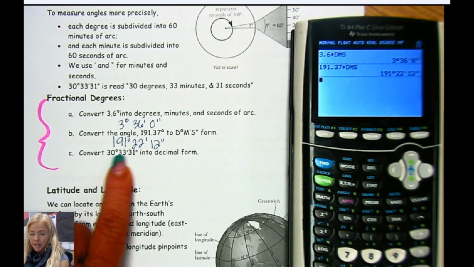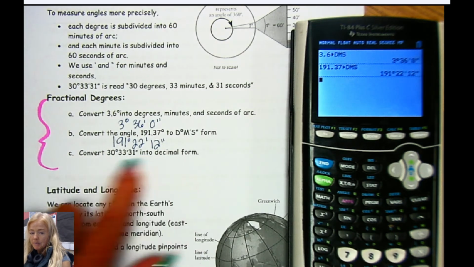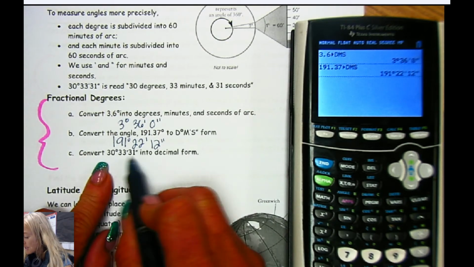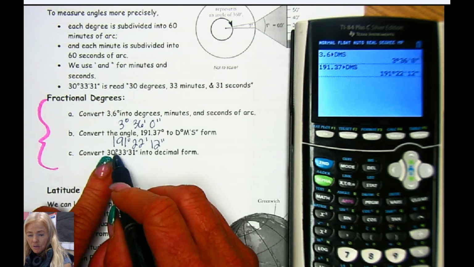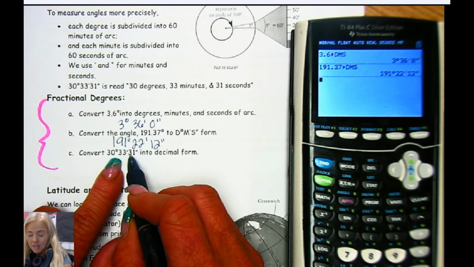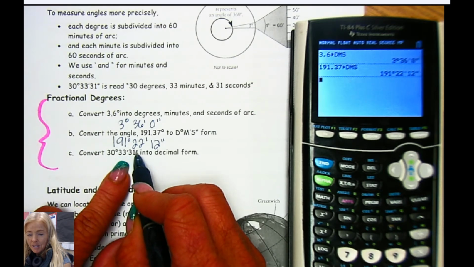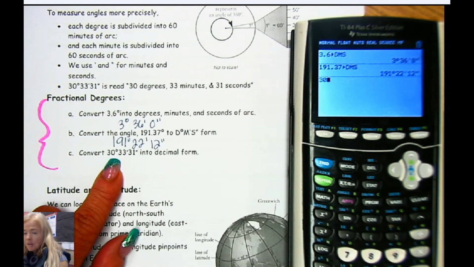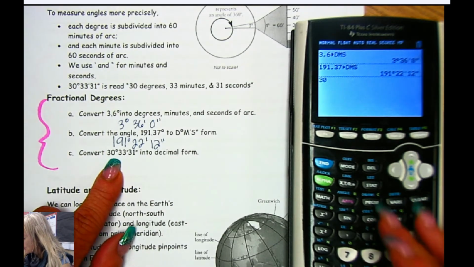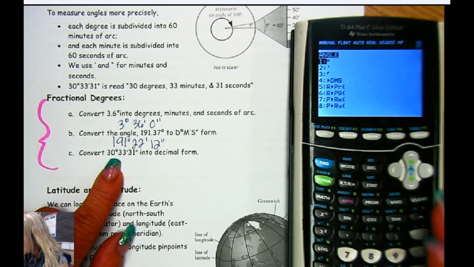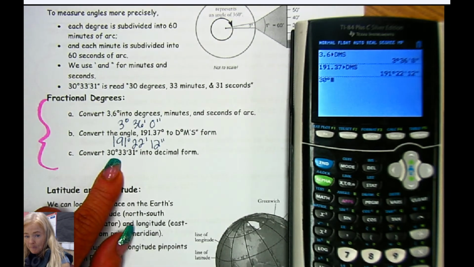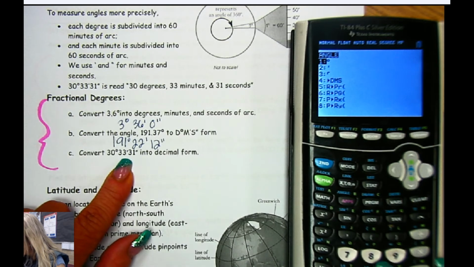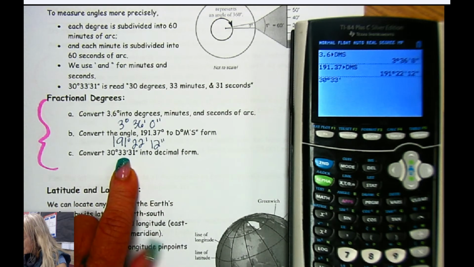Now, this is already in DMS form, and we want to go back to the decimal form. In order to do that, what you'll do is you'll type this all in as you see it. So you're going to do 30, then degrees, then 33, then minutes, and then 31, then seconds. And then you're going to hit enter, and it will change it to its decimal form. So you'll type in 30, and you saw the degree in the angle menu. So we'll go back to the angle menu and hit 1 and put a degree there. And then 33 minutes, go back to the angle and hit 2, and that will put a minute there, and